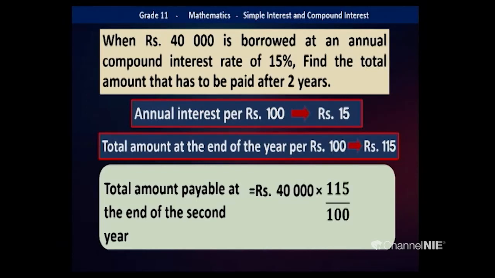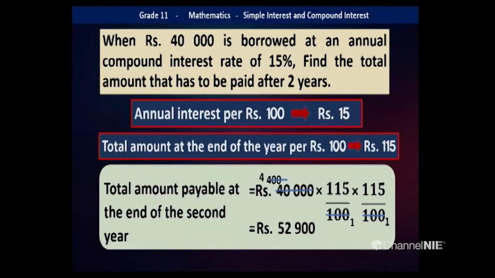40,000 into 115 upon 100 into again 115 upon 100 for 2 years. If it continues, you can again multiply by 115 upon 100. Then you can divide 40,000 by 100. Answer is 400. Again 400 by 100. Answer is 4. After cancelling the denominators, you have in the numerator 4 into 115 into 115. Once you multiply them, you get the same result 52,900, which you got by following those steps.